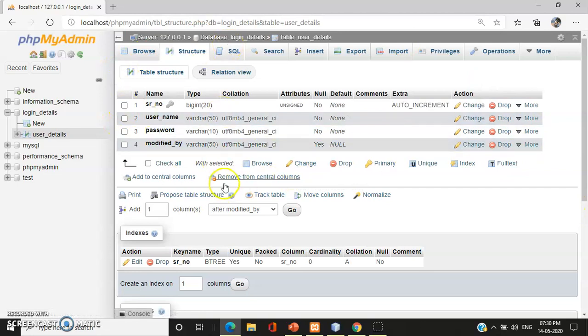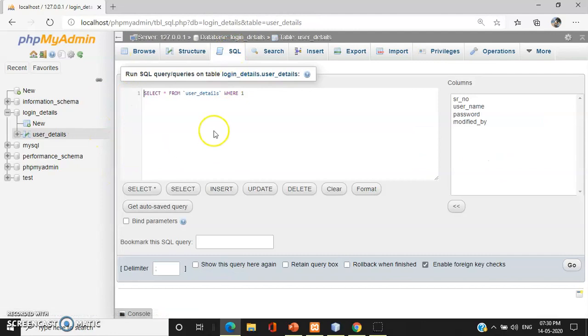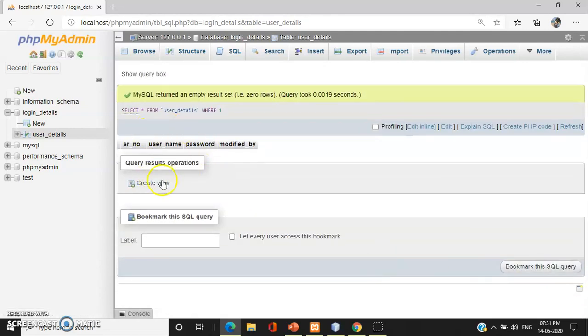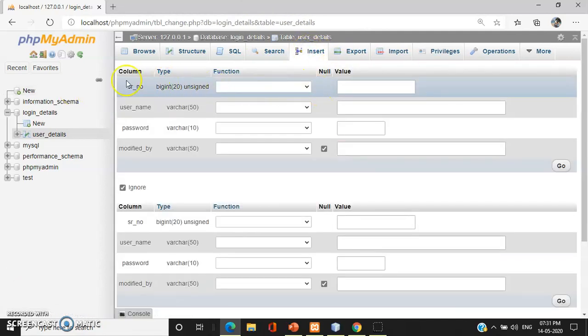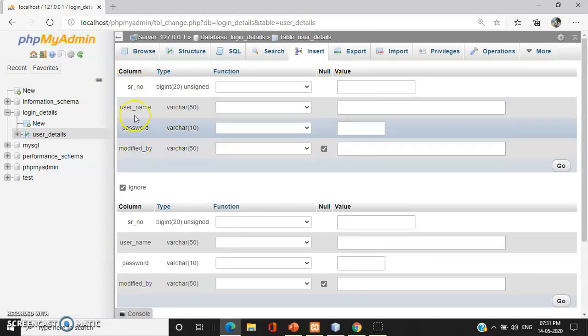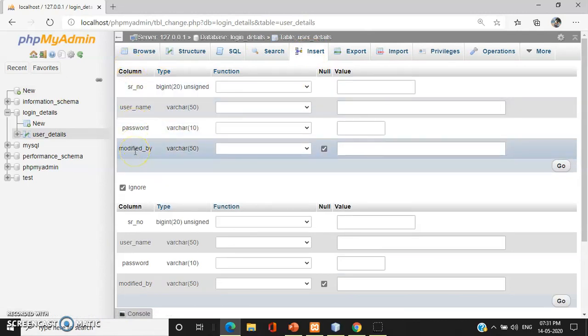Now to insert some fields into this table, you can either write SQL queries here. If you want to write a few queries on your own, you can write the queries here and click on go, so that you will get the output of whatever queries you have fired. But if I want to insert using this same phpMyAdmin interface, I can click on the insert button, and then here I'll get all the fields, the columns that I have entered for the table, and I can write the values.